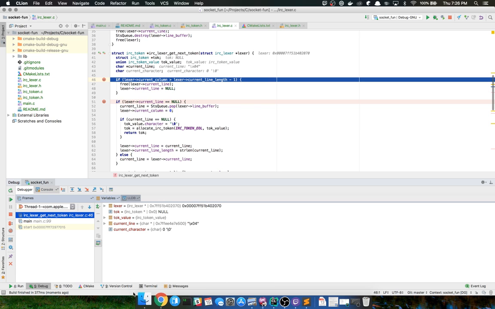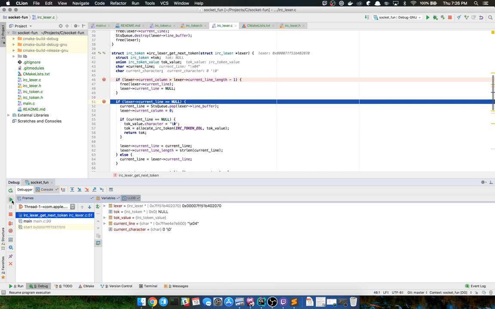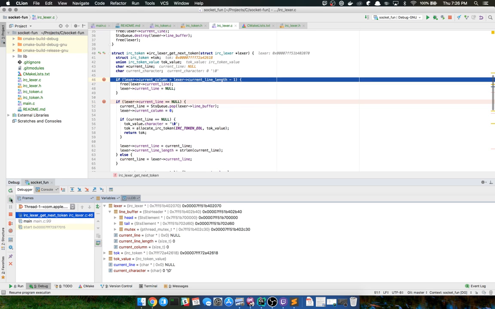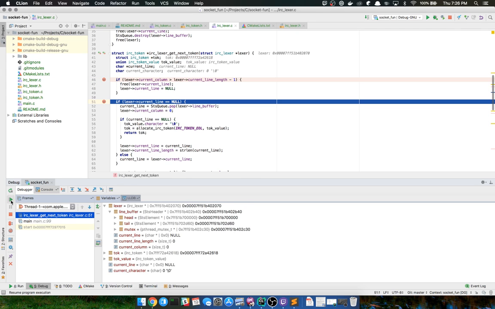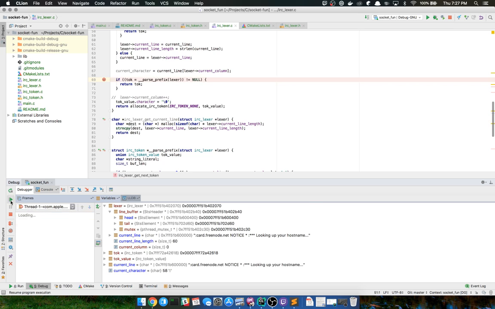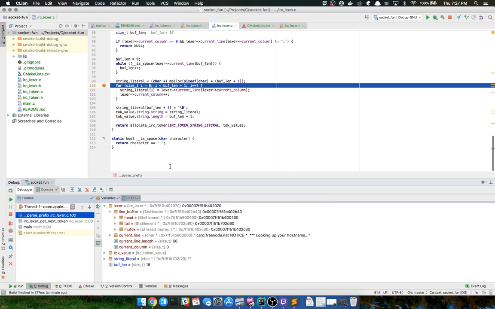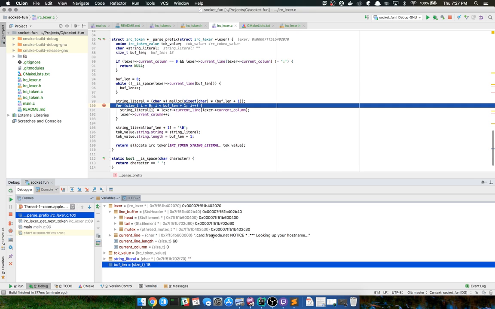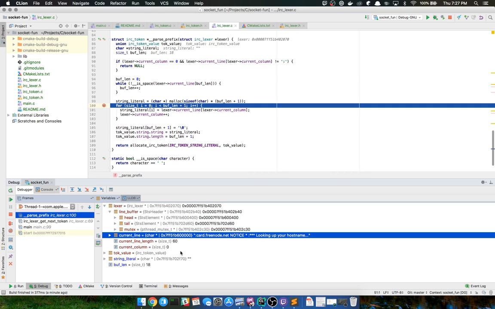Okay, I wonder if that's enough time for the buffer to buffer. Do I have anything in there? No. Now I do. Go, go. Okay, everything's good so far. Now we get here. Perfect. Buff length 18. I wonder if that works.